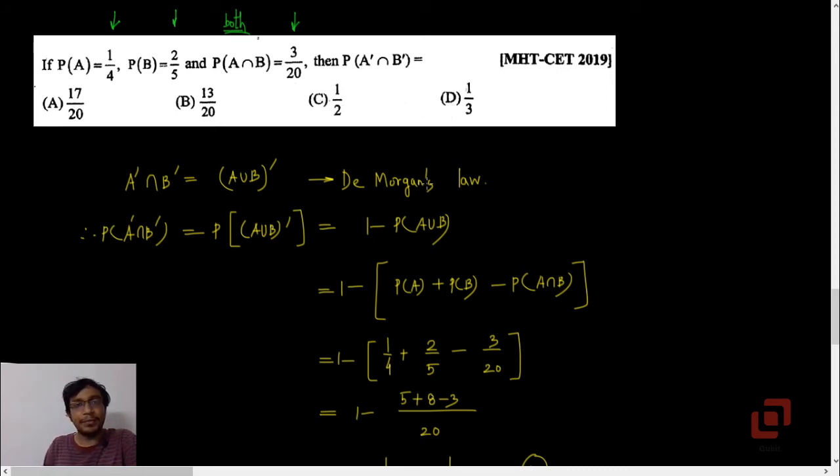Now one thing is, you can use De Morgan's law to write A complement intersection B complement as (A union B) complement. Very similar to the De Morgan's laws in mathematical logic. Negation P and negation Q is negation of P or Q, right? So probability of this event is as good as probability of this event. But what is the probability of any complement? 1 minus the probability of the original event. So probability of (A union B) complement will be 1 minus probability of A union B, and this is very easy to find. Use the addition theorem.